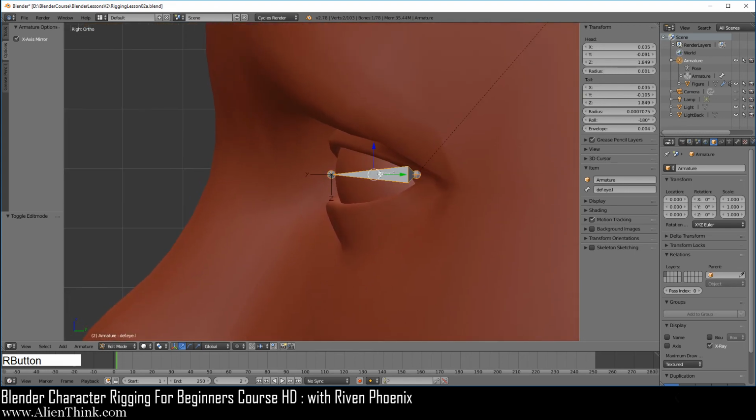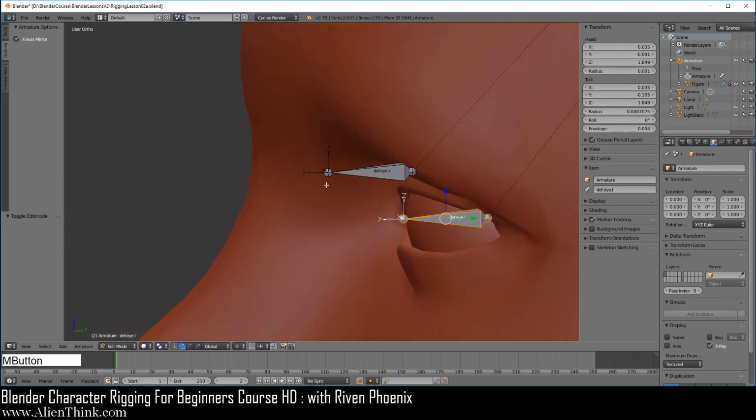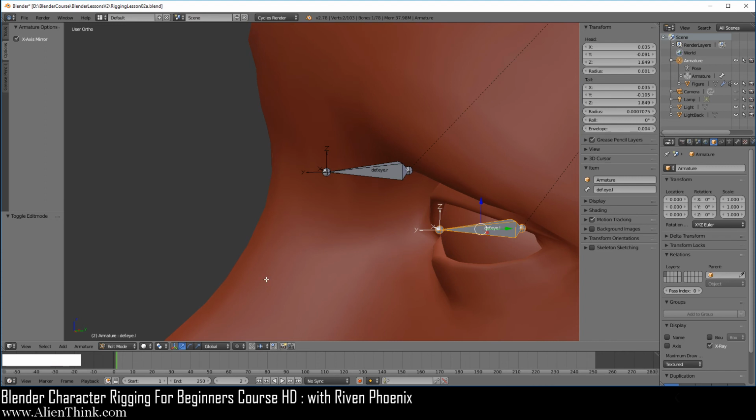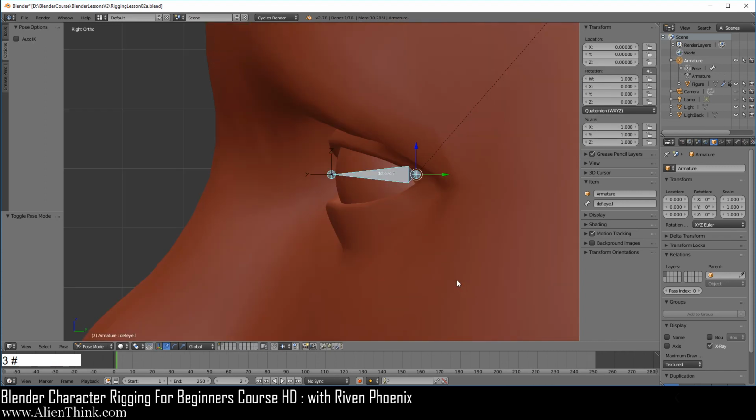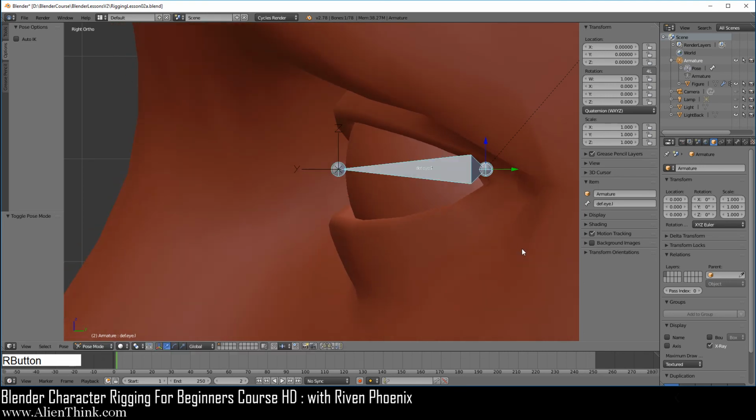Now for the eyes, we want the z-axis to point up. Now you'll notice in my case it's saying 180. Okay, to ensure that it points up, here I can just type in 0, but to ensure that it does this, we're going to have to hover our mouse over here, do Control C, hover it down here, do Control V, and then type in 0. Now the Z is going to be pointing up. This is what we want. Go ahead and switch to pose mode, press the 3 key and press the R key. Okay, so this is the major and this is the minor, and that's it.